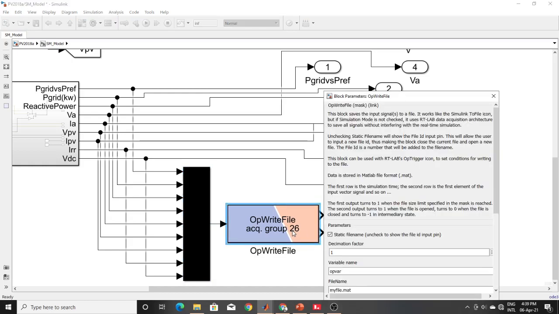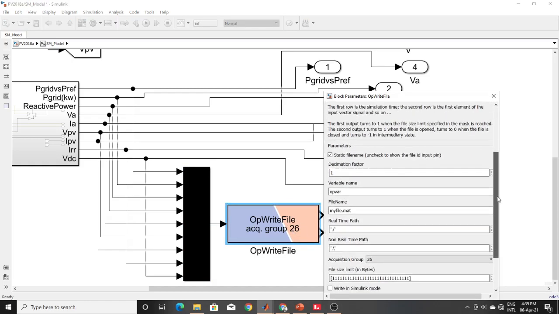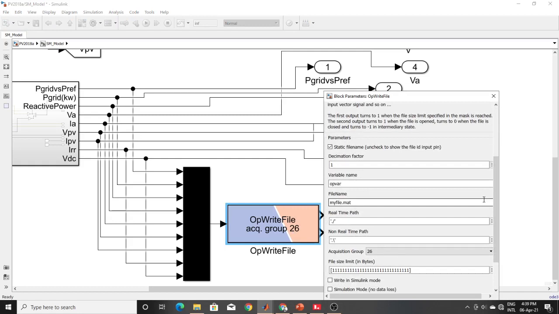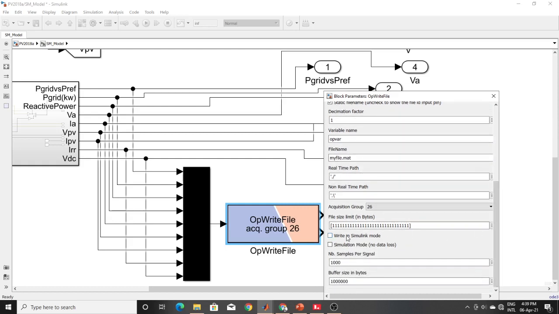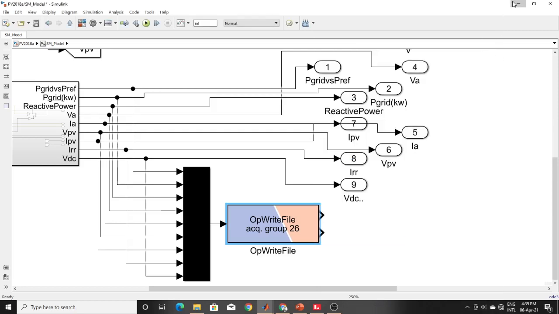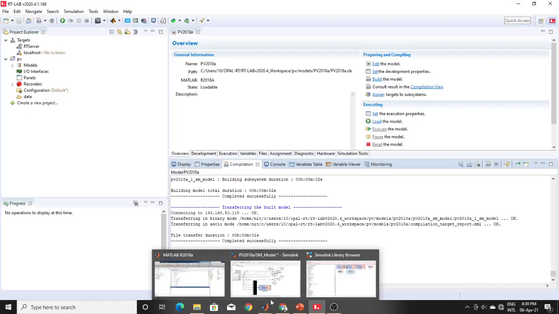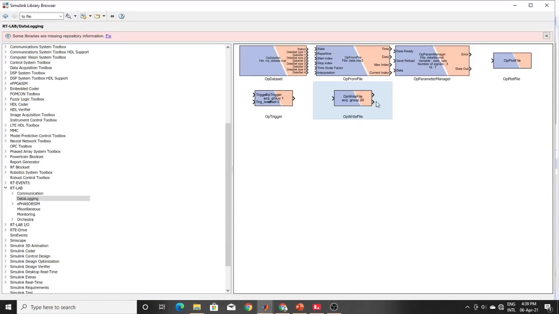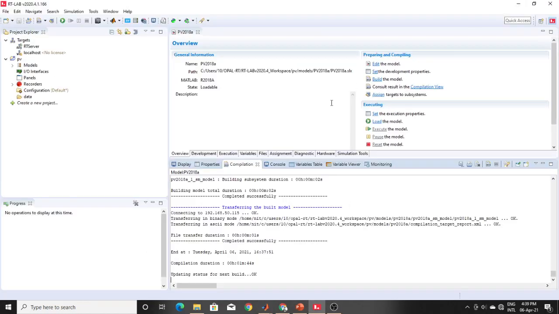Make sure to check the variable name; you can give it as you want, and the file name too, it will be a mat file. And the file size, just increase it, make it bigger and bigger. After adding the OpWriteFile you can nicely take your results.